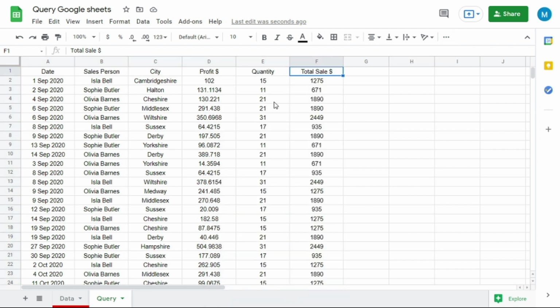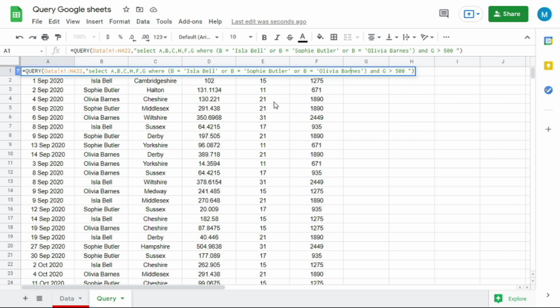Also you can get the sum, average and count of any column in the table. For this you have to apply the group by clause in the query. The group by clause will help you group values according to the text that you have in your output column. Now apply some changes to the query function. Write the sum before the desired column name and then put the column name in brackets. Now write the group by after the where clause, write the column name which has the text, then hit enter and you have your results here.